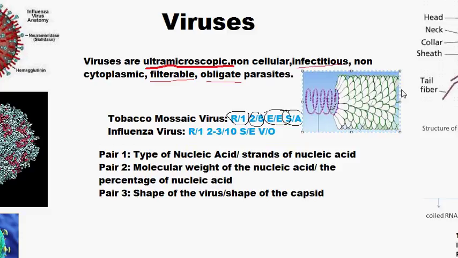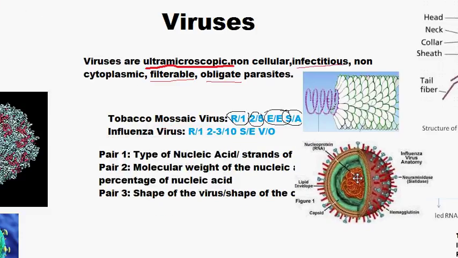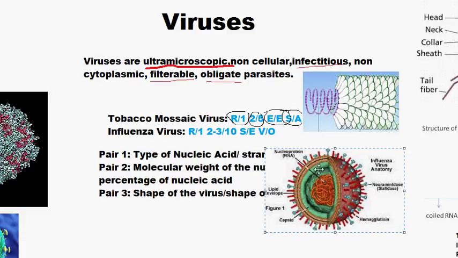So we call this type of shape elongated, and inside there will be the nucleic material, which is the coiled RNA in the case of the tobacco mosaic virus. Here you can see the RNA. There can be S-shaped also. S here refers to spherical shape. So how does a spherical shape look? Well, I know you know what spherical means, but how does the influenza virus look? I have a picture of the influenza virus over here. Let me bring it in front of you. This is the influenza virus. You can see it is spherical in shape.